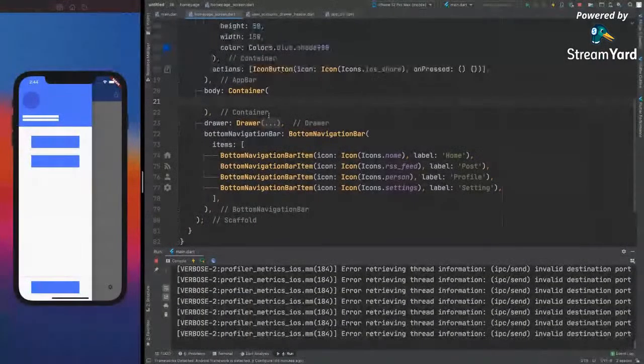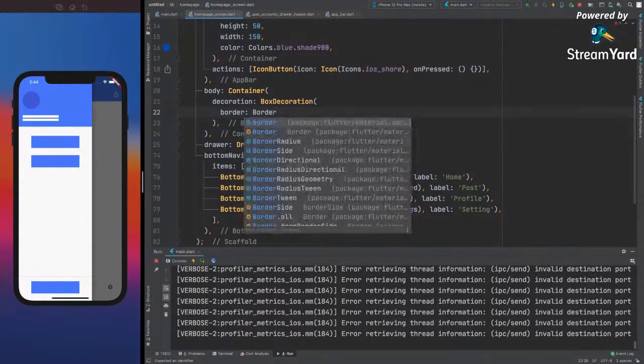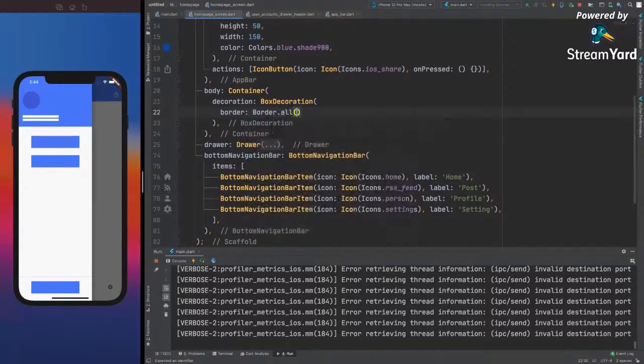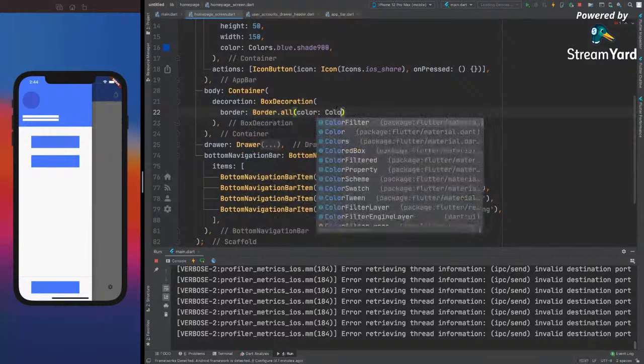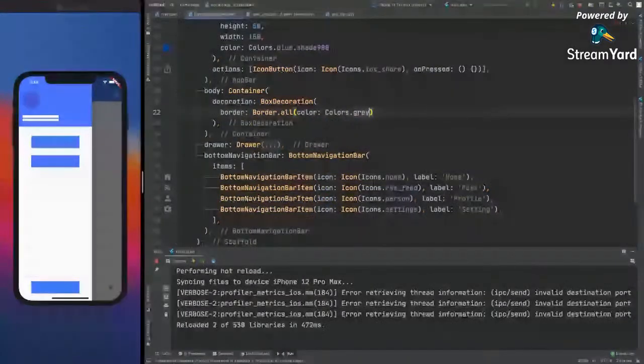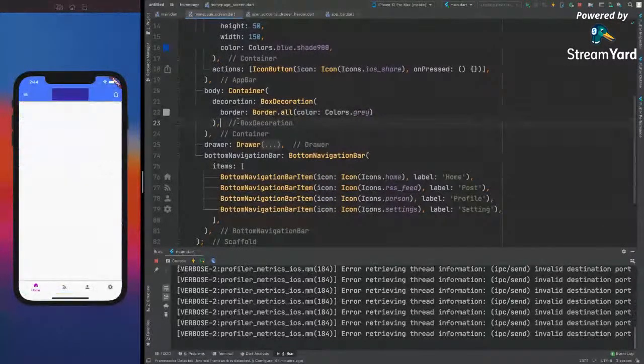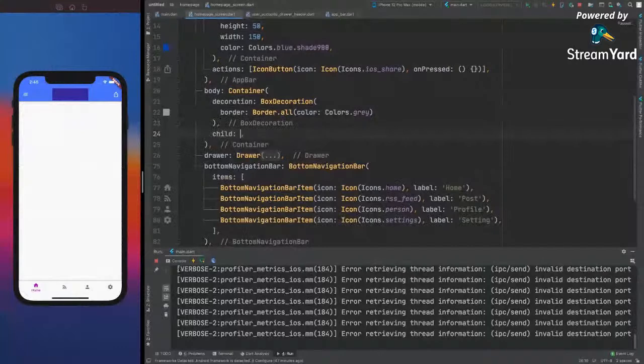So let's make the decoration, and in decoration BoxDecoration, and in border I'll give Border.all, Colors.grey. Yeah, we cannot see anything right here